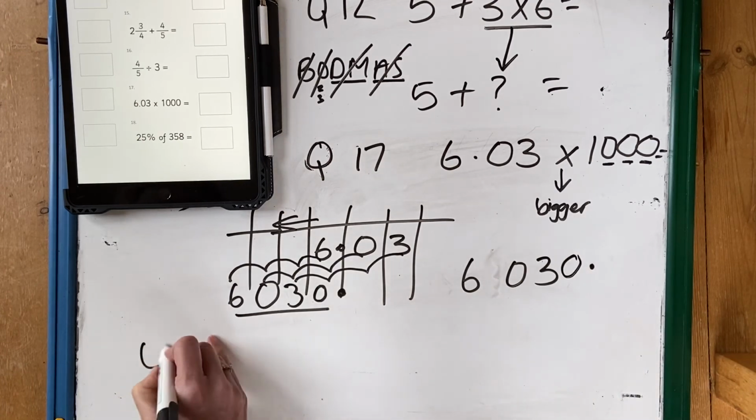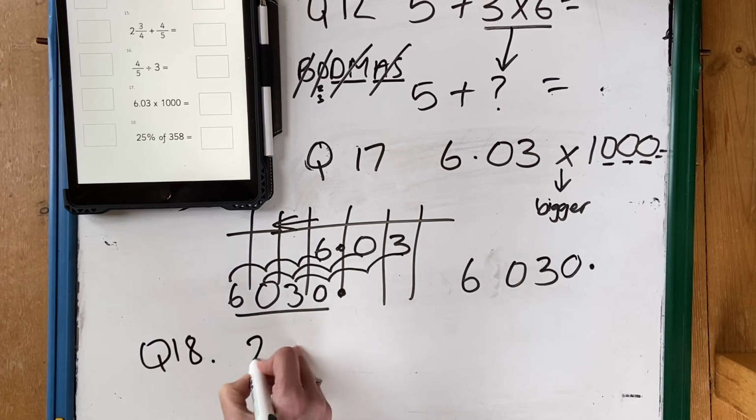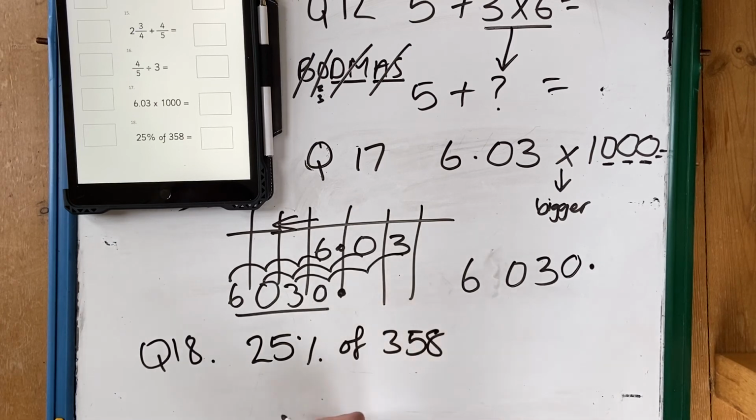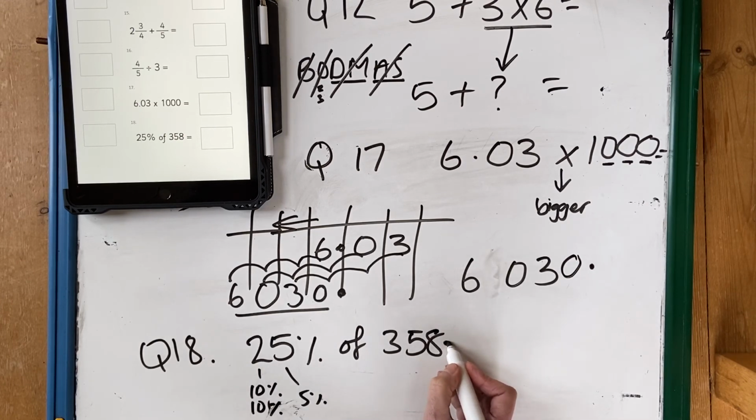And then question 18, last question. Well done, everyone. 25% of 358. Well, for that 25%, we can do 2 lots of 10%, oh, that's a percent symbol, and then a 5%, which is half of a 10%. So first of all, what is 10% of 358? So some of you would know that the decimal point of a whole number is here. 10% is move the decimal point 1 place,